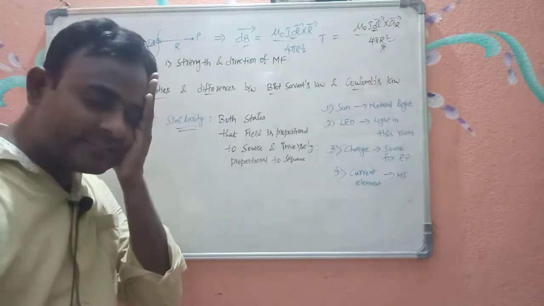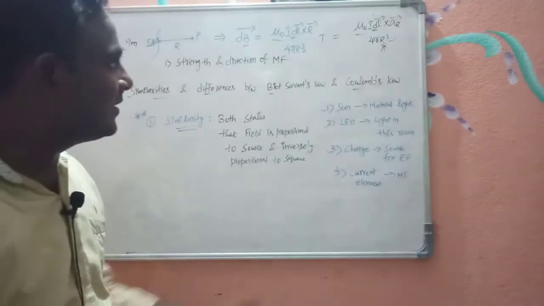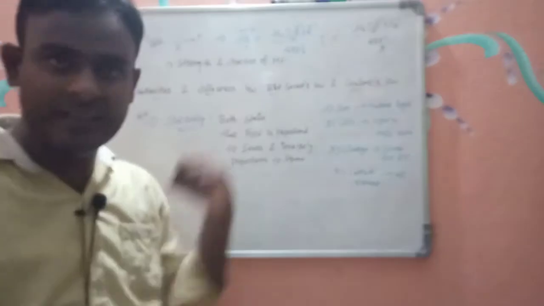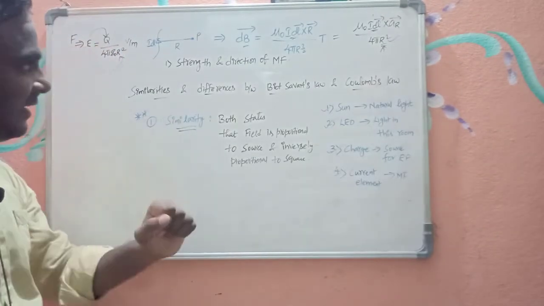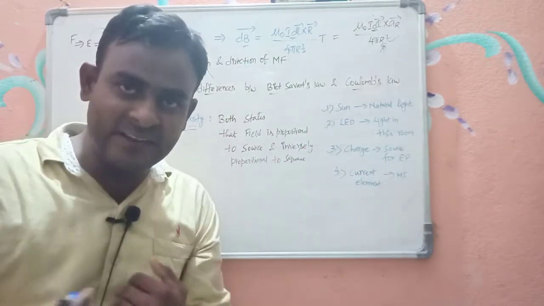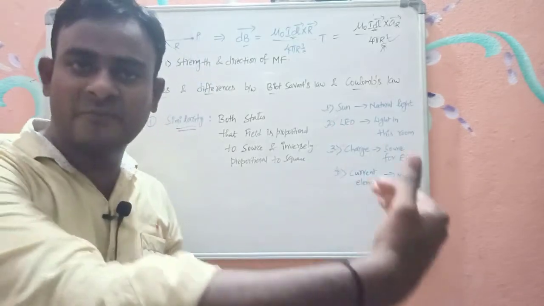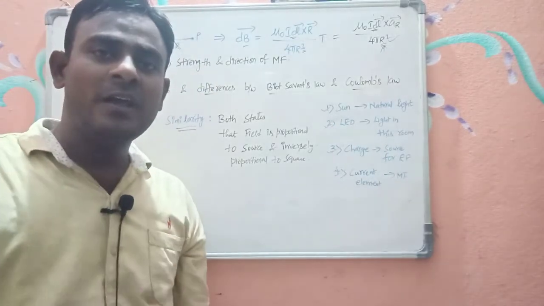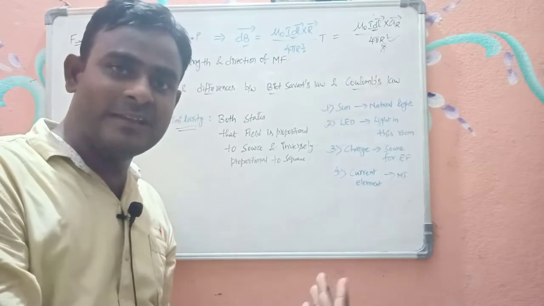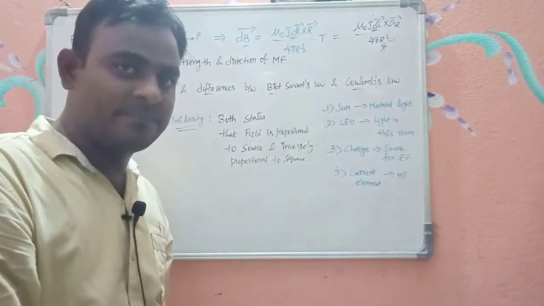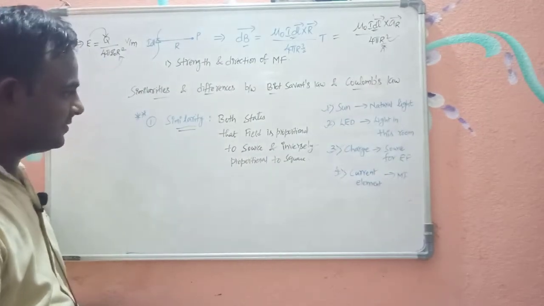So these two indicate the same principle. When the source strength increases, meaning when the current flowing through the current carrying conductor increases or the charge available in free space increases, both the electric field as well as the magnetic field increase. And also when we move far away from a charged body or a current carrying conductor, the field experienced will be lesser. So these are the same. Now we will see the differences.